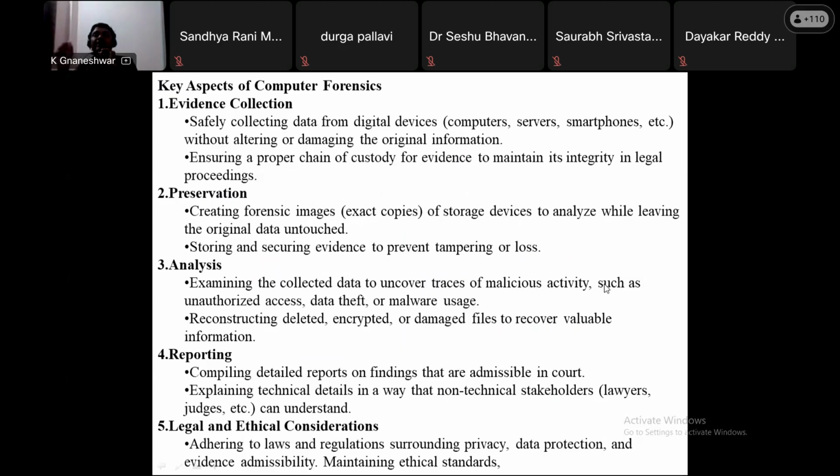In that way, we store it for preservation, and then apply analysis on the data. After getting the backup data storage, we have to analyze it: who did it and who is the person behind it. Analyzing here means total reports and documentation of the data we collected.